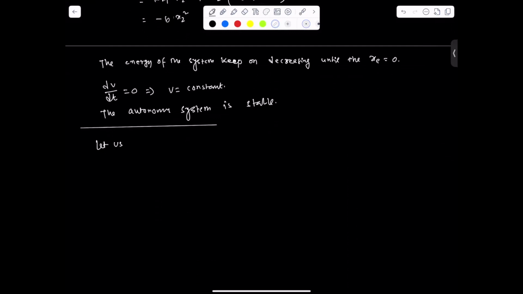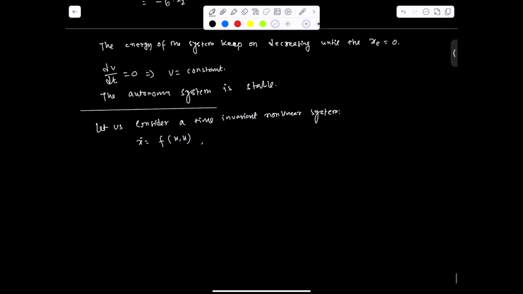Let us consider a time invariant nonlinear system x dot equal to f of x, u. And here we are assuming that f of x, u is continuously differentiable